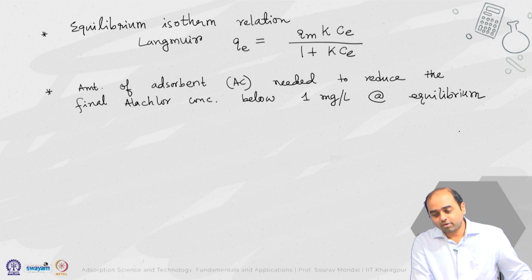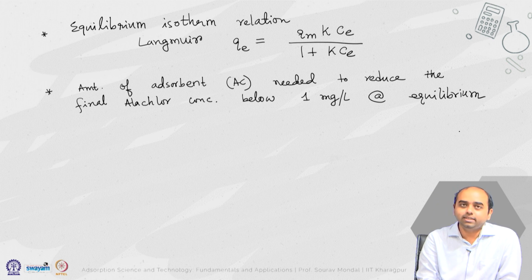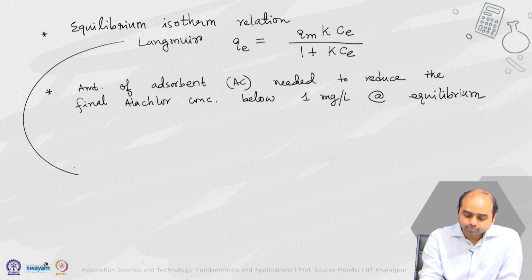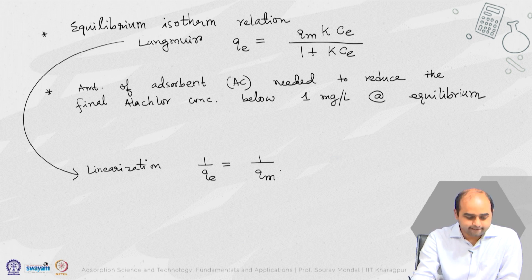Now, to work out the first part, we have to find the values of Qe and Ce from the available data. This Langmuir isotherm on linearization takes the form of 1 by Qe as